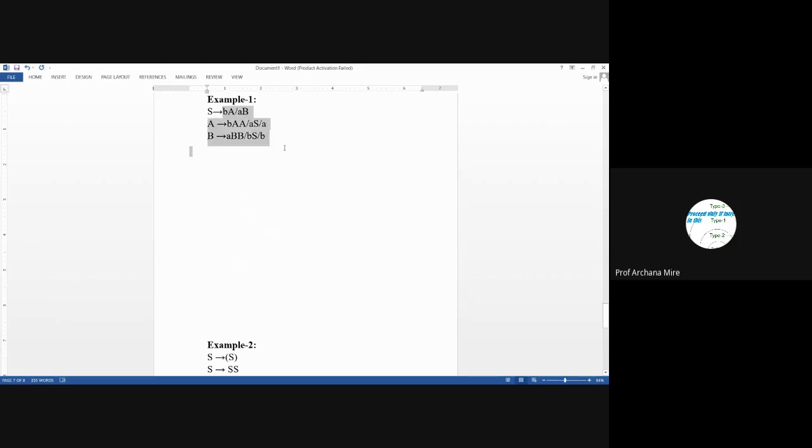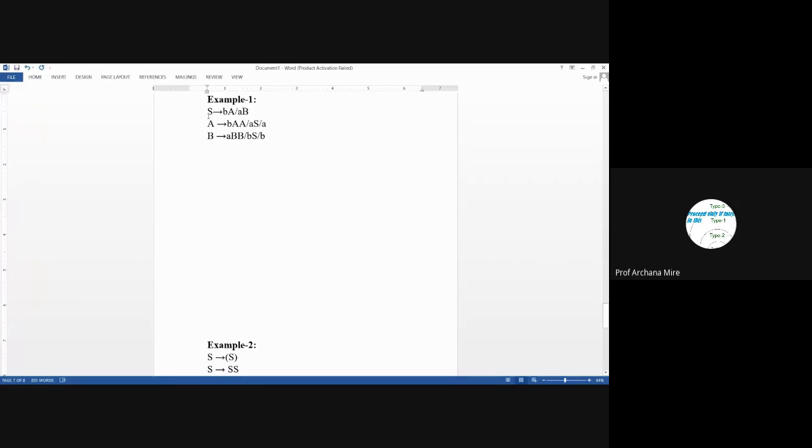Now here there doesn't exist any epsilon production. Let's check unit production. No, there doesn't exist any production rule where a single non-terminal is present on the left-hand side as well as the right-hand side. All the productions present on the right-hand side have either one or more than one symbol, and they do not consist of only a non-terminal. So it does not have any unit production.